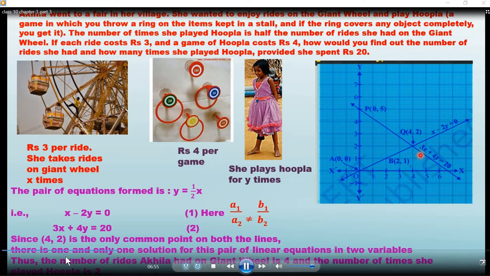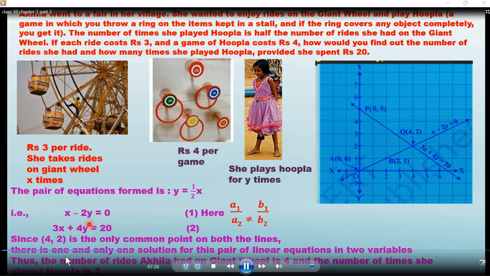Such pair of linear equations are called consistent pair of linear equations, which have only one solution. Now, how did we come at this result? There's also another method to understand the consistent pair of linear equations. Here it is. The coefficient of X of first equation is A1 and